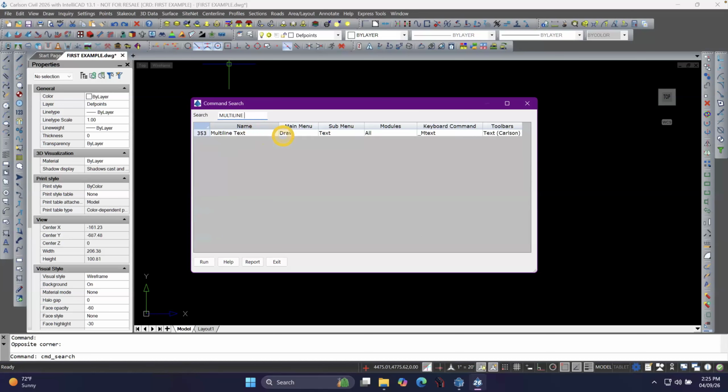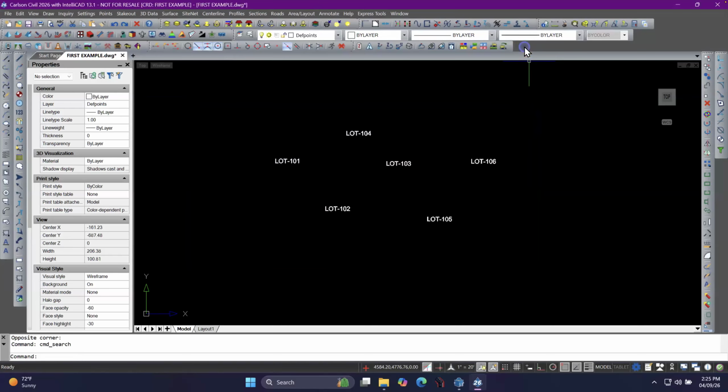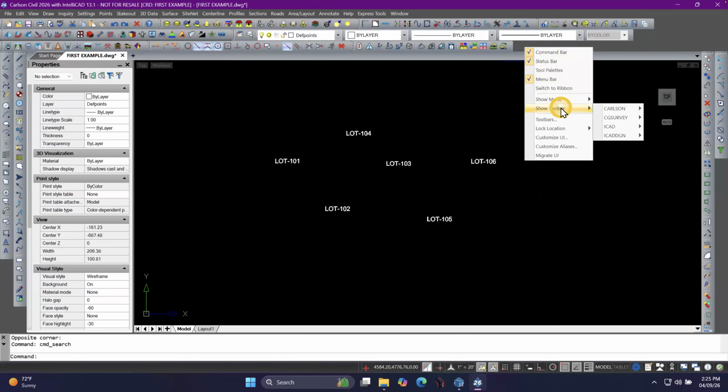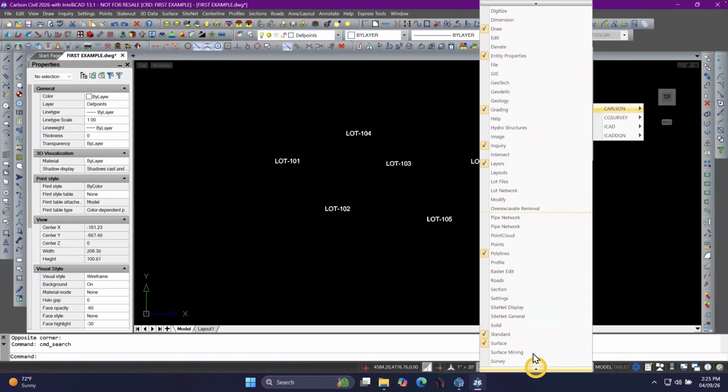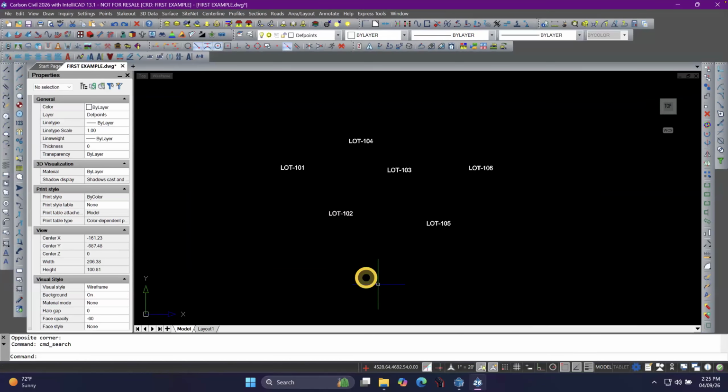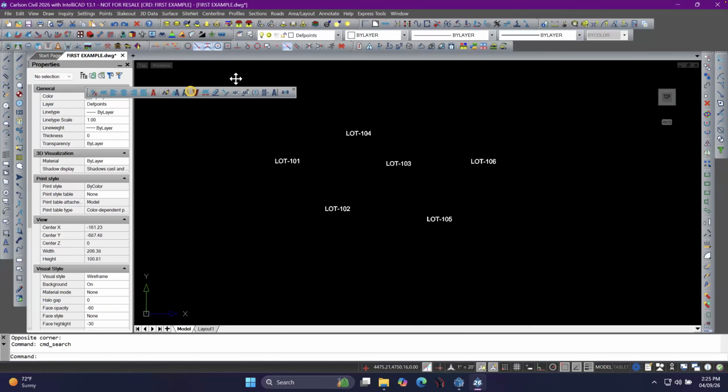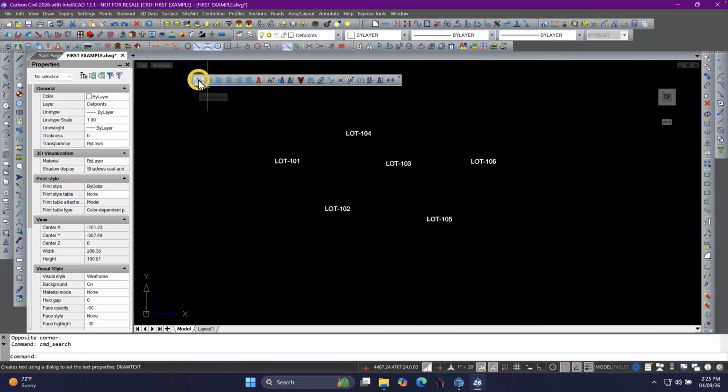There's multi-line text. It's on the draw menu, and it's on a text toolbar, a Carlson text toolbar. So if I turn that one on, toolbar Carlson, and I come down here and find text. If you find yourself using text a lot, you can have that toolbar out there where you can draw text, wizards, standard draw. It's sort of like all the tools that you could use. Here's just a standard